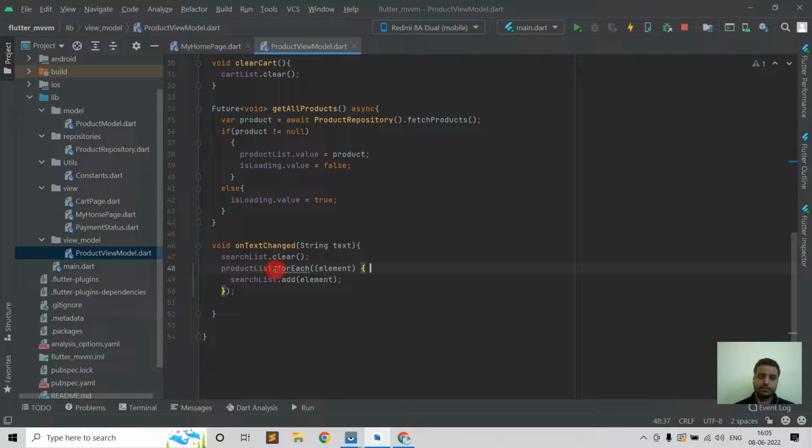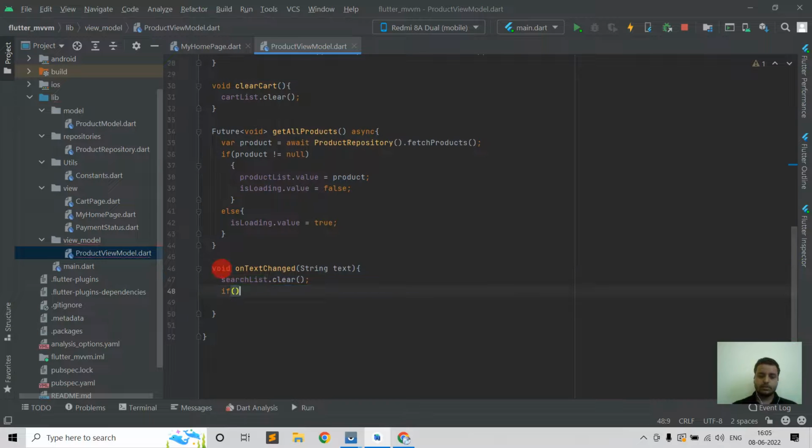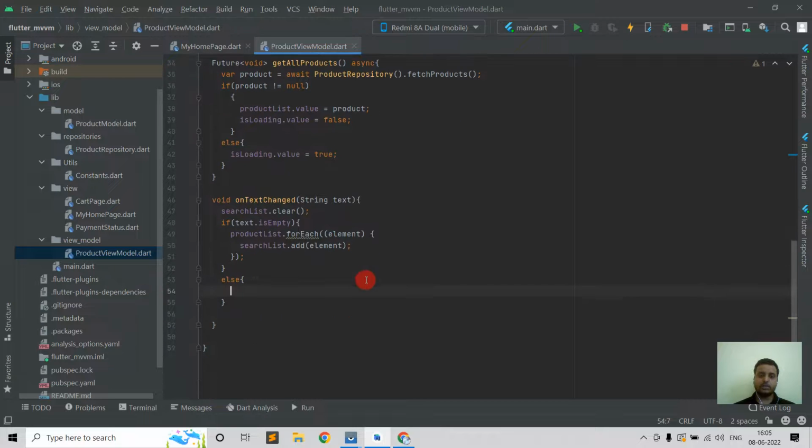Okay, sorry, if text dot isEmpty, if the text is empty, then we will simply load our whole product list inside the search list, okay, and then if the text is not empty, then we will call this again